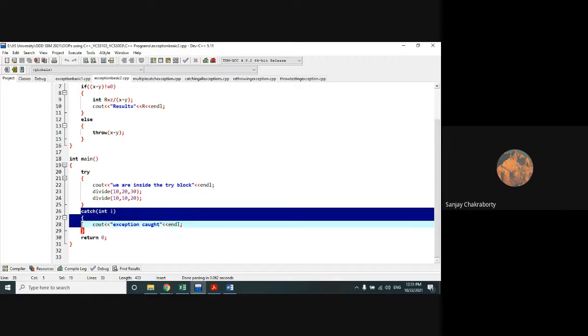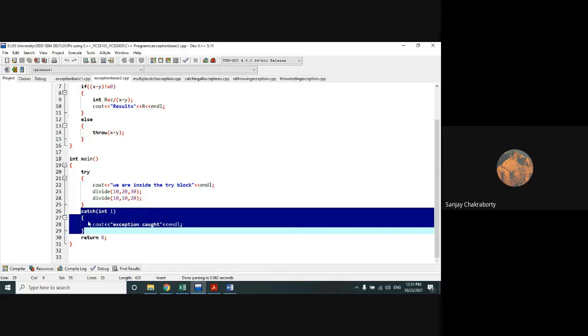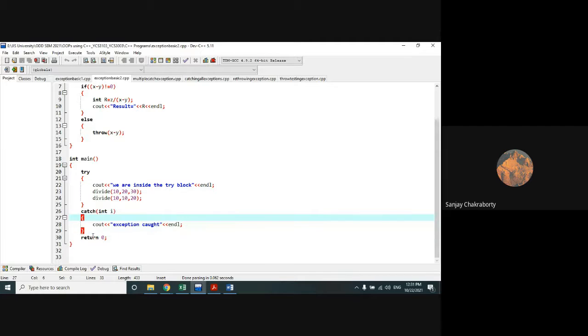Yes, there is a catch which has been followed by a try block. The catch is followed after a try block. That catch has an integer argument, and x minus y is also an integer, so it will catch the exception successfully. So if we run this code,